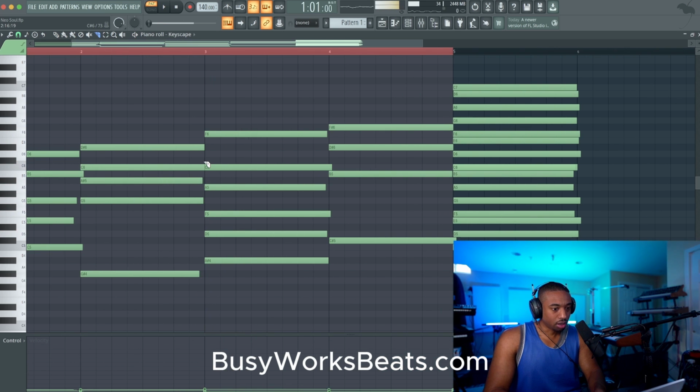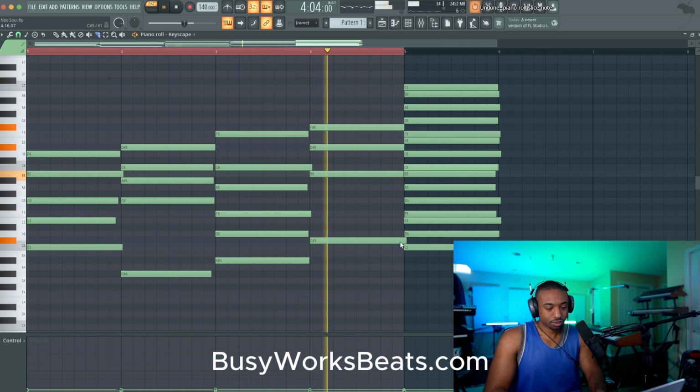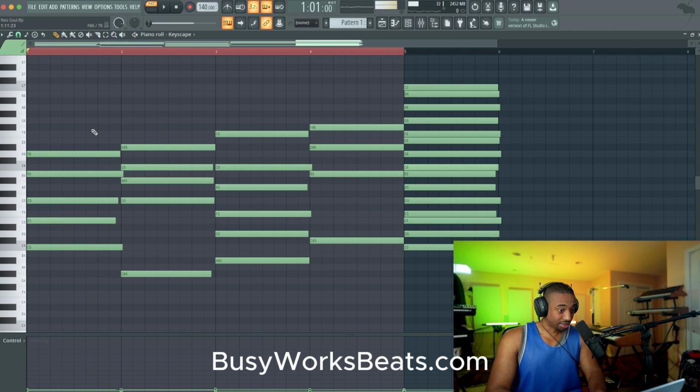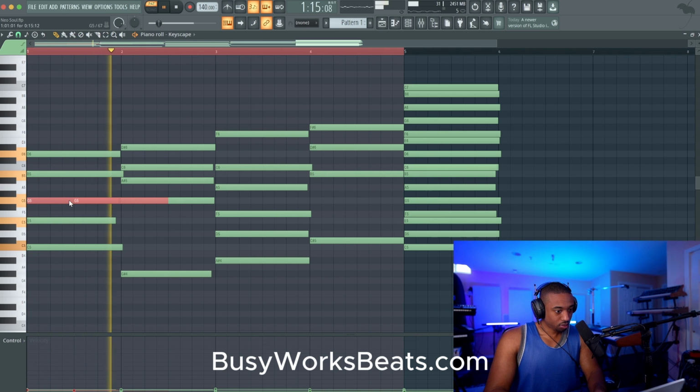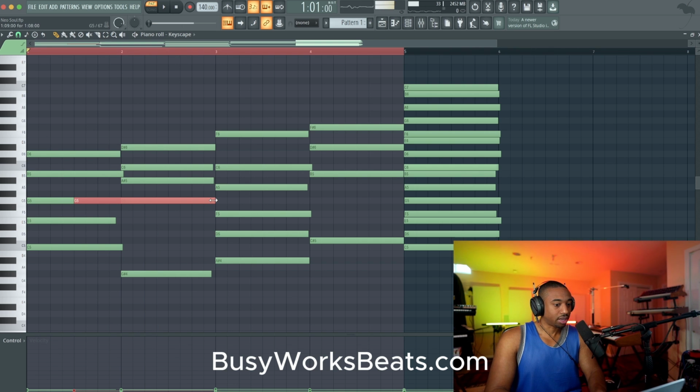And we're gonna make sure any overlapping notes, we hit shift and right click to make sure that we're not overlapping the notes in FL. Okay, so here's the fun part where you can add the notes that kind of jump from one chord to another. This is up to you at this point. And this is going to add that professional type of sound, as if we're really playing the keys.